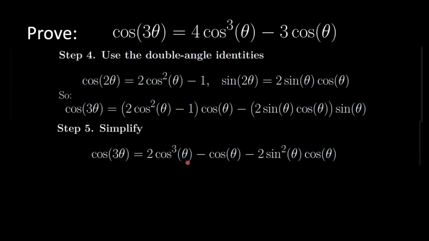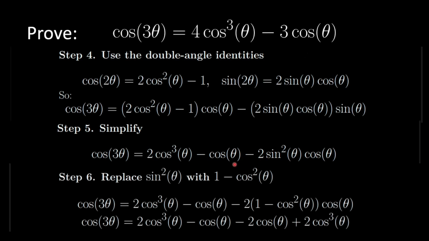Now that we've reduced everything in terms of just single angles, the next step we have to think about is how do we get rid of this sine from our equation? Because in the original cosine of 3 theta equation, we can see everything is only expressed in terms of cosines. What we can do is use the helpful tool that the sine squared of theta plus the cosine squared of theta is equal to 1. If we rearrange the terms, we can see that the sine of theta squared is equal to 1 minus the cosine of theta squared, and we can simply plug in 1 minus cosine theta squared into our original equation that we derived up here.